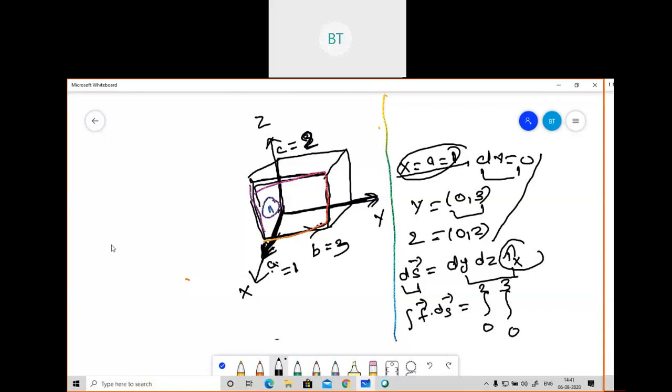Since it is xy, in the question already, for the first value, if you see the question, f is given as xy I cap x. Since the direction is I cap x, we are talking about xy. What I will write here is xy dy dz. Why have I written xy here? Because the direction is I cap x. In the question, f is equal to xy in the x direction, yz in the y direction, zx in the z direction. Since I am talking about the x direction, I will substitute xy here.